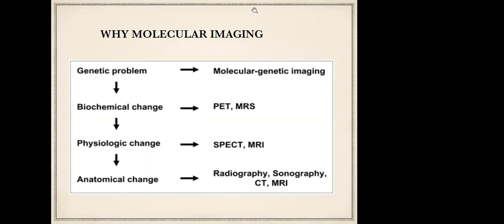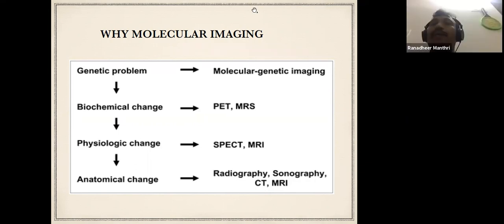Yeah. So though the problem is starting at the genetic level, we are only diagnosing when the anatomical change is happening. It should be the other way around. But what is the problem? The opponents of this idea say that because there will be a lead time bias, unnecessarily we will be treating those patients who may not manifest as a disease. That's why. But once the disease is diagnosed, or once there is a risk, then we should start